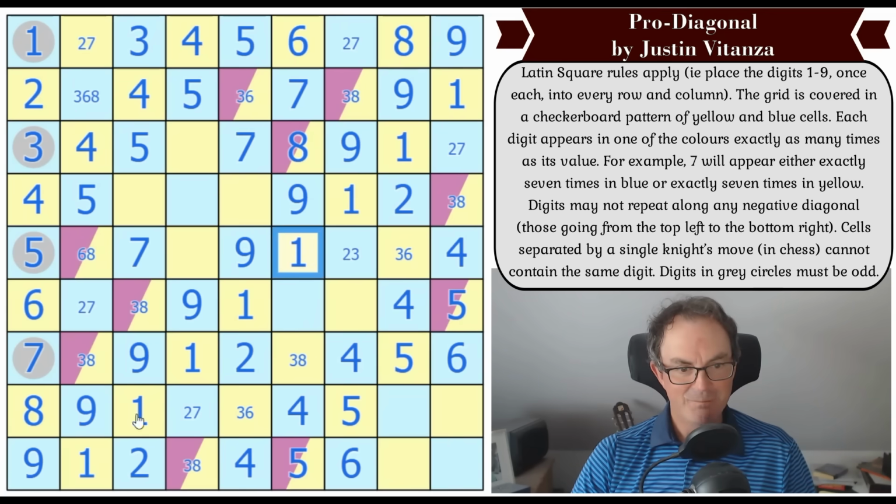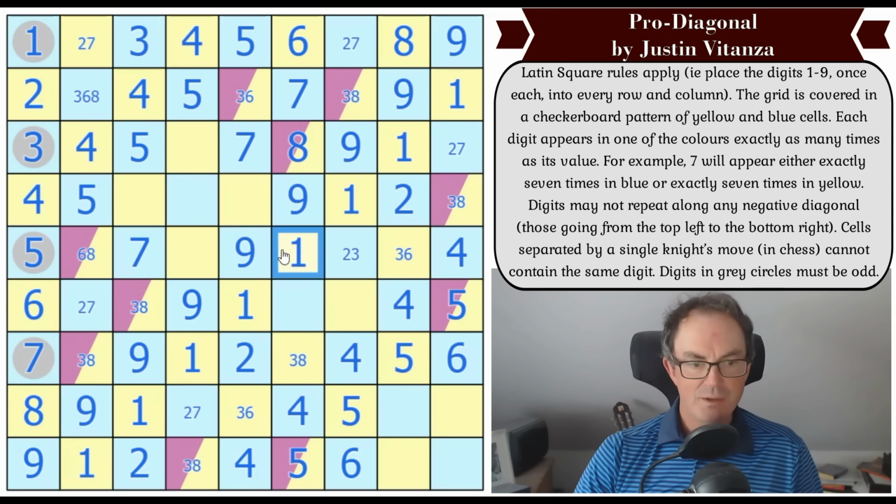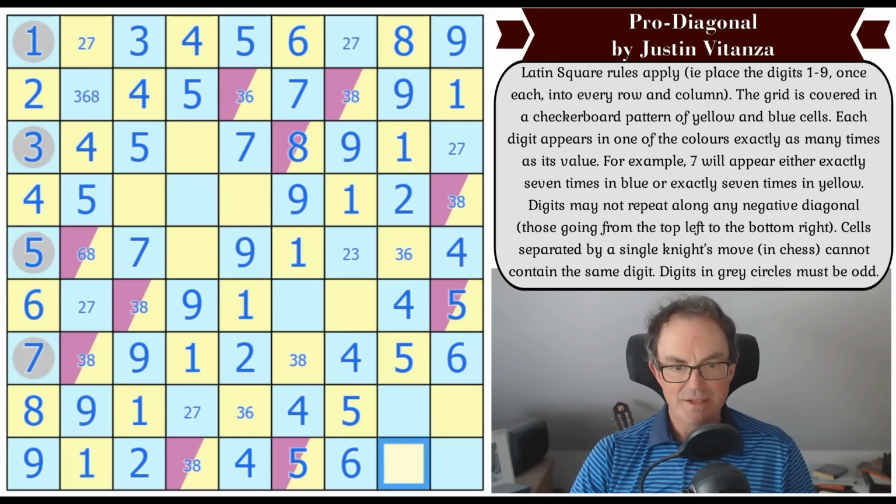Let's try the bottom row. 3, 7, 8. So that's a 3 or a 7. And that is 3, 7 or 8. But this 3, 7, oh bobbins, it doesn't quite work. Or what we could try is,